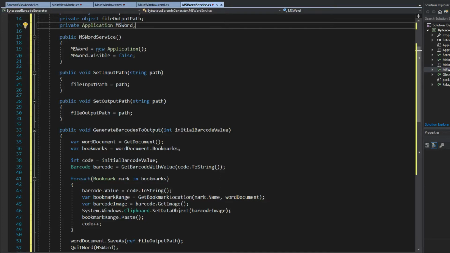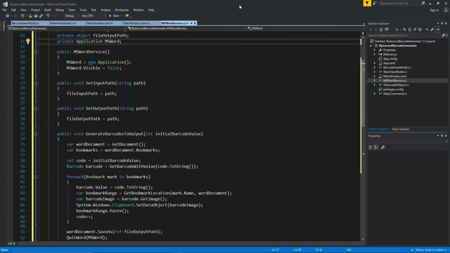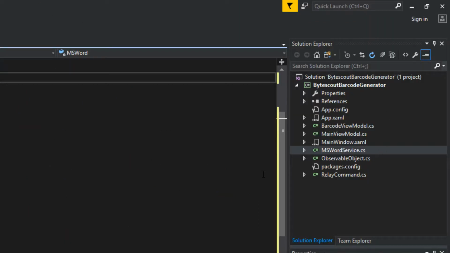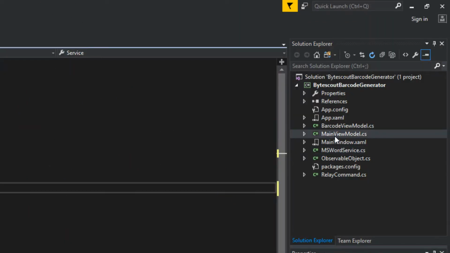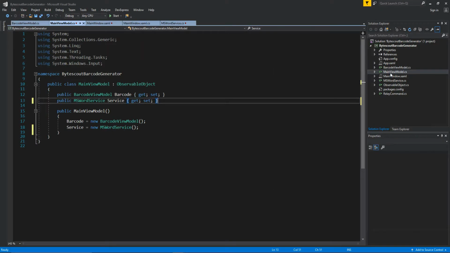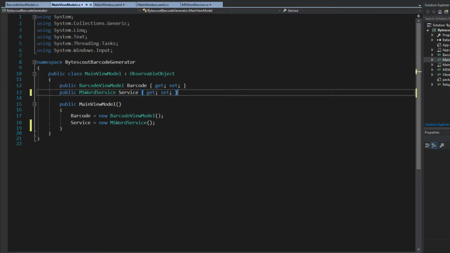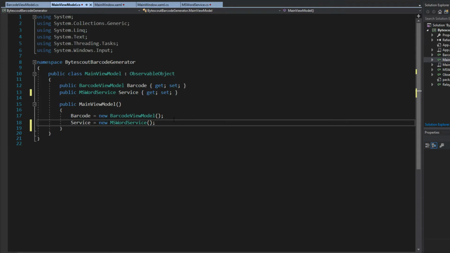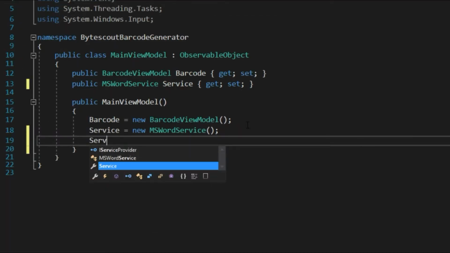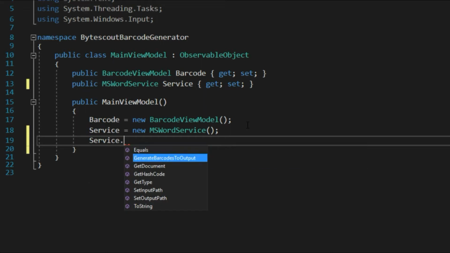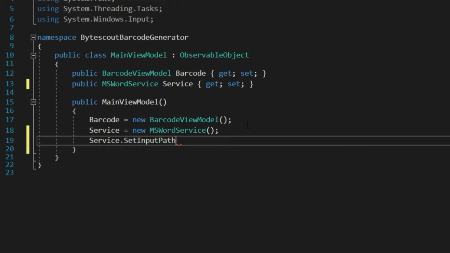Moving on, guys, now all we have to do is actually hook this up to a command in our application. So we're going to go over to our solution. We're going to first go over to our main window here. And now we're just going to set the service input and output. So doing this, we're going to call our service, and we're going to tell it to set the input path,